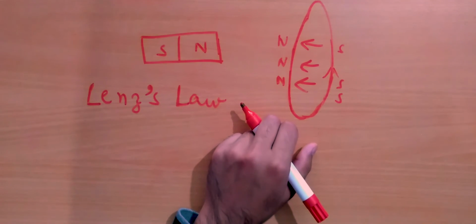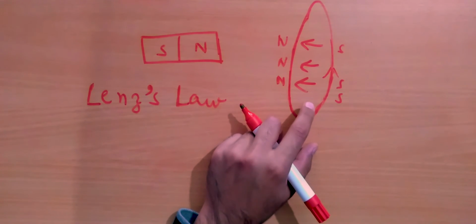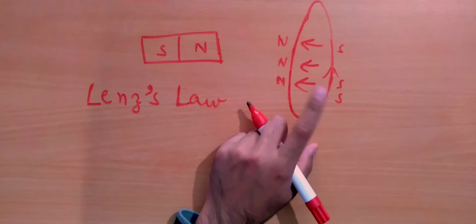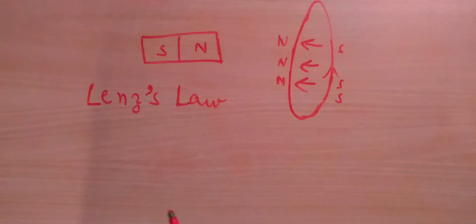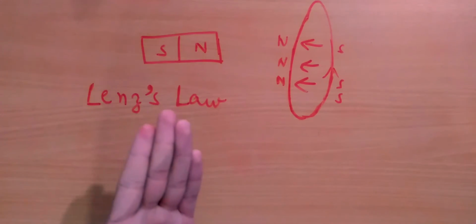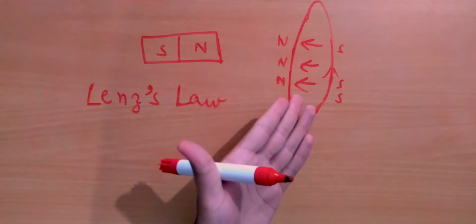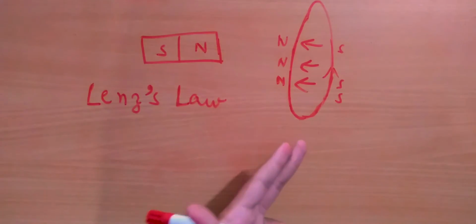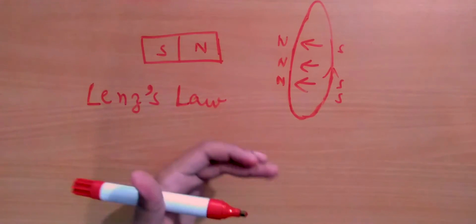I'll repeat. If we have a changing magnetic flux through a coil, Lenz's law states that the current in that coil would be generated in such a way, in such a direction, clockwise or anti-clockwise, such that the magnetic field generated due to that current carrying coil opposes the change in magnetic